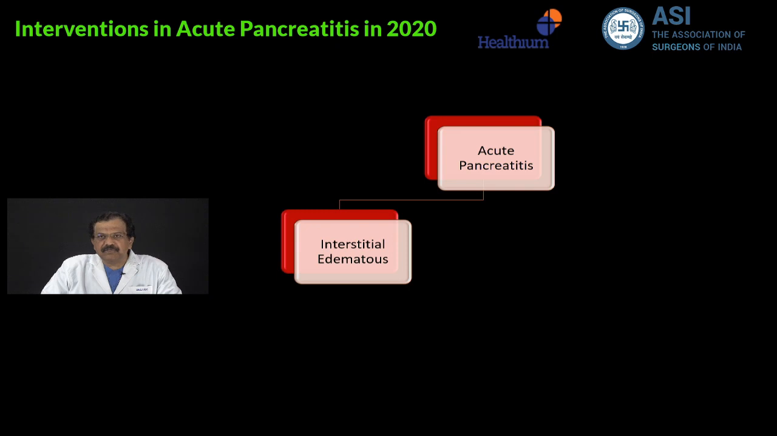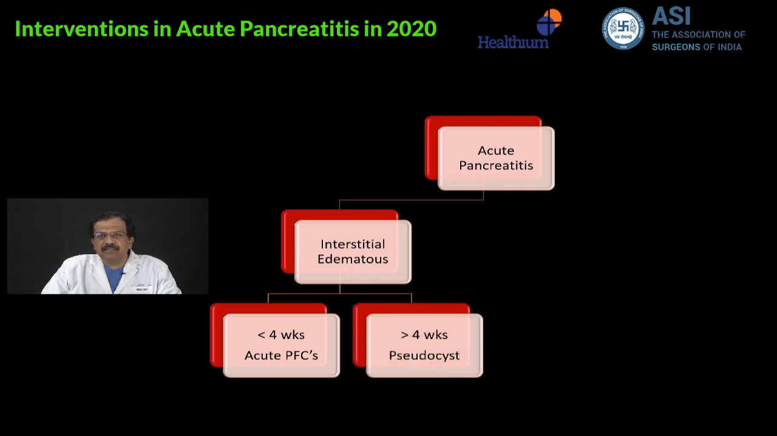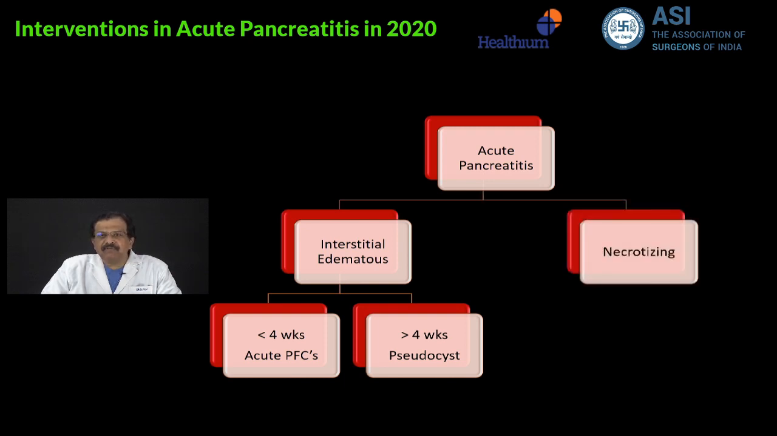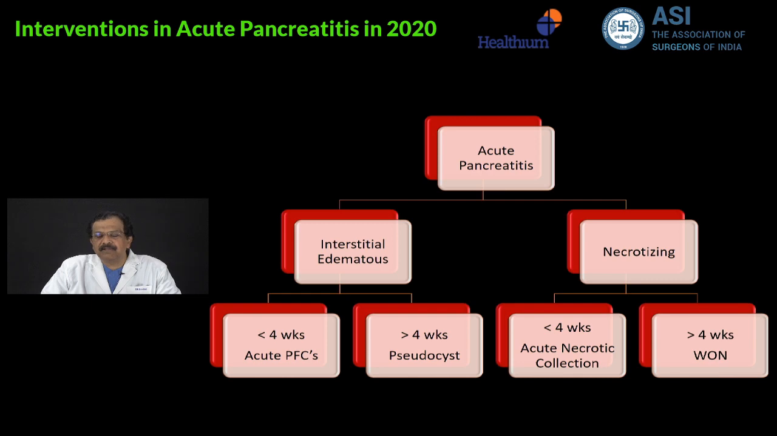Now we have this acute pancreatitis. Basically it is interstitial edematous pancreatitis. Less than 4 weeks, these are called acute peripancreatic fluid collections, and once it crosses 4 weeks, these interstitial edematous pancreatitis end up as pancreatic pseudocysts. Now we have necrotizing pancreatitis on the other side. Less than 4 weeks, they are called acute necrotic collections, and more than 4 weeks, they are called